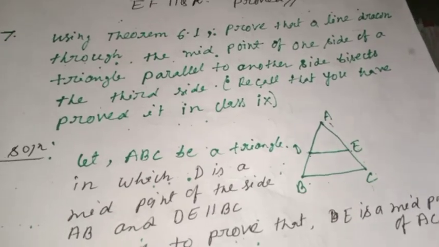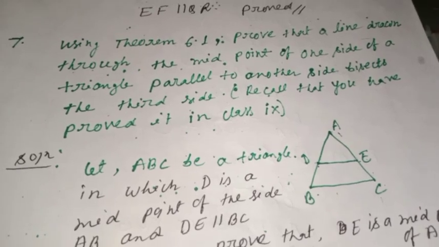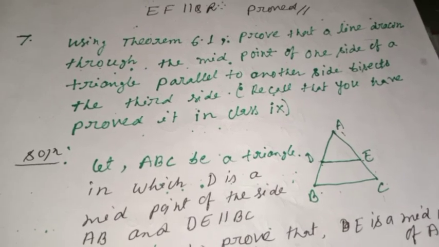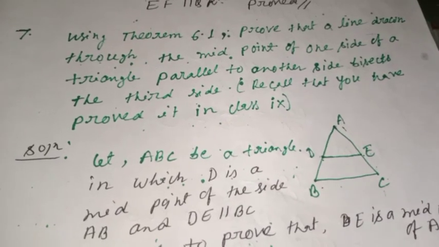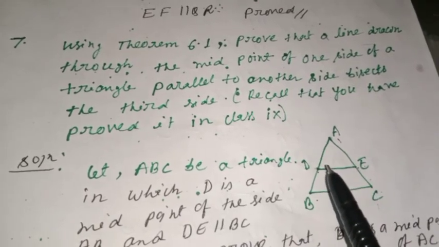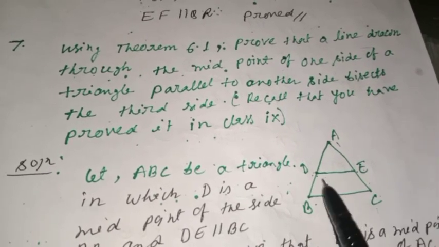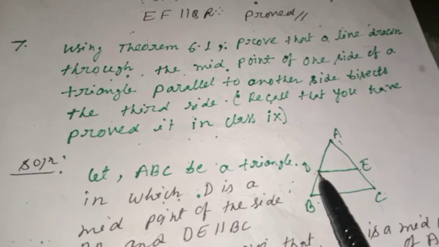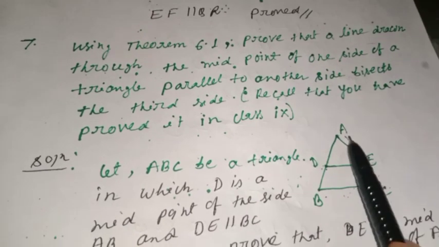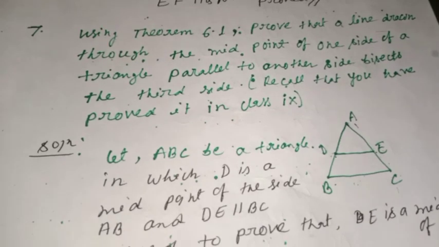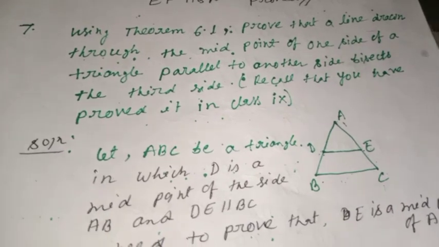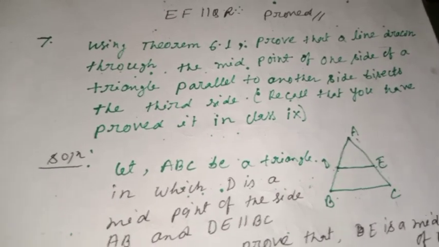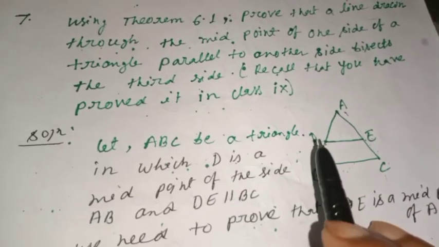Can you remember this? You got in chapter 7. Chapter 7 in class 9 you learned what? Triangles. In triangles you got the midpoint theorem, and what is the midpoint theorem? If D and E are the midpoints, then DE is parallel to BC and DE is also half of BC. This is the midpoint theorem. And now what is the converse of the midpoint theorem? If D is a midpoint and DE is parallel to BC, then E is also a midpoint of AC. This one you got in class 9 as the converse of the midpoint theorem, and also you have proved it. Now this converse of the midpoint theorem, which you got in class 9, you have to prove again by using BPT. See how I need to prove.